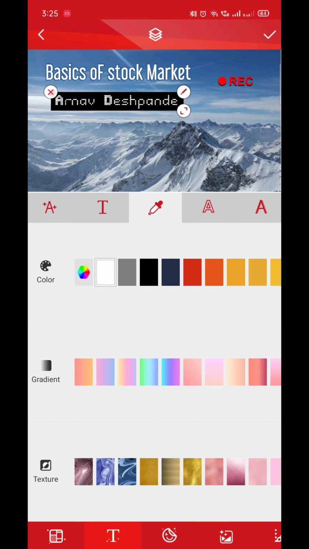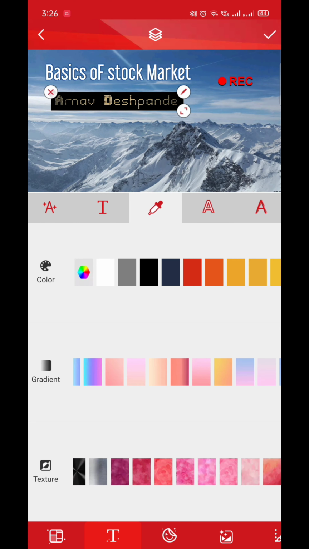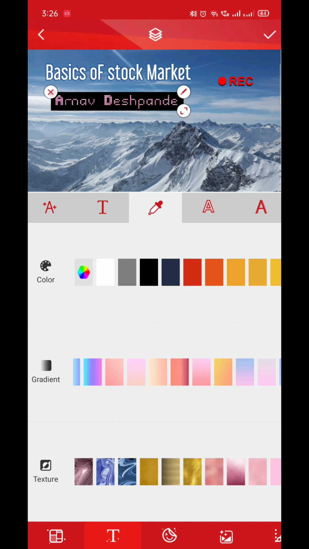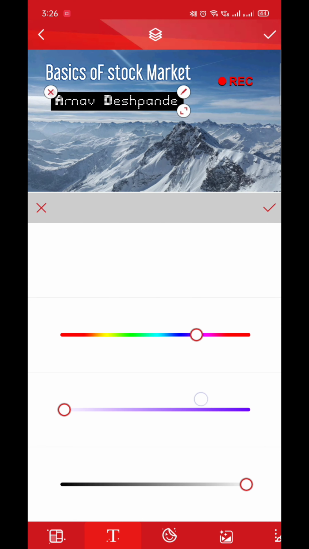And even you can adjust the color of the text, that is gray, red, orange or something like that, but I'll keep it white because it looks cool. And even you can add the gradient so that it will take different colors, that is different parts will take different colors. So this was adding of gradient, and even you can use the texture pattern to add to the text. So this or this or something like that. And if you want to select a color from the color board, you can do it also.